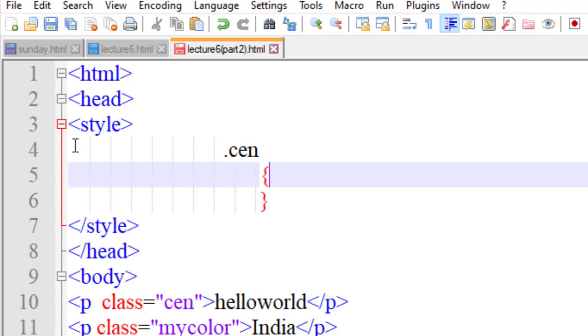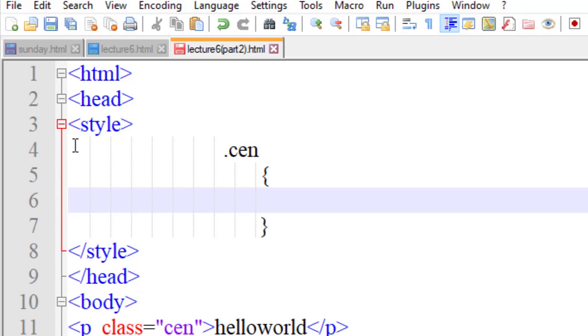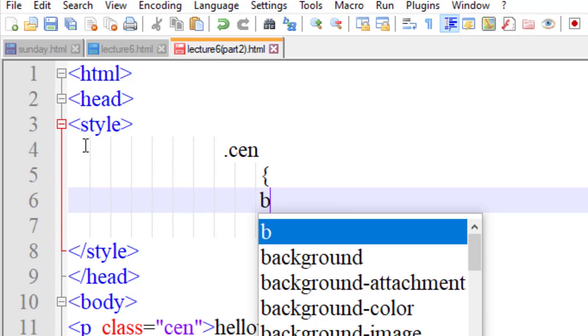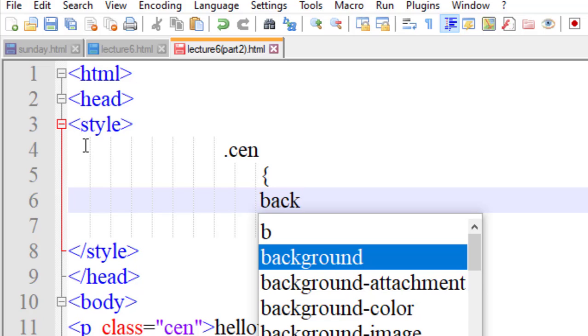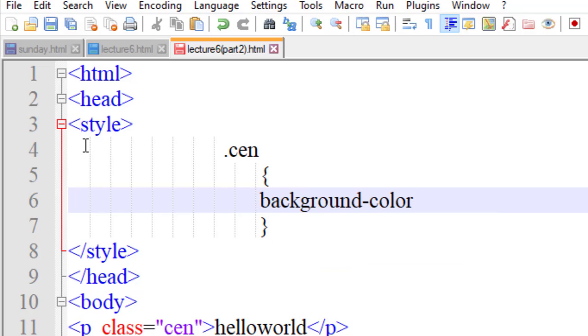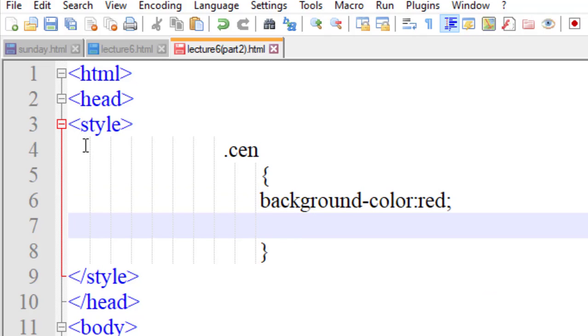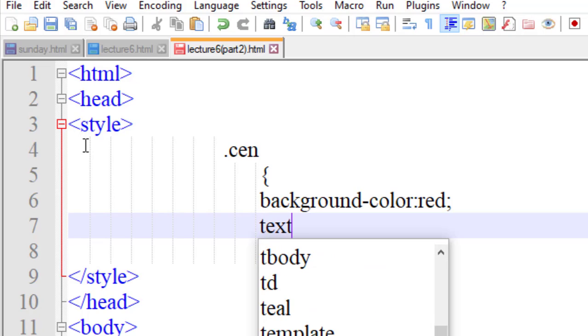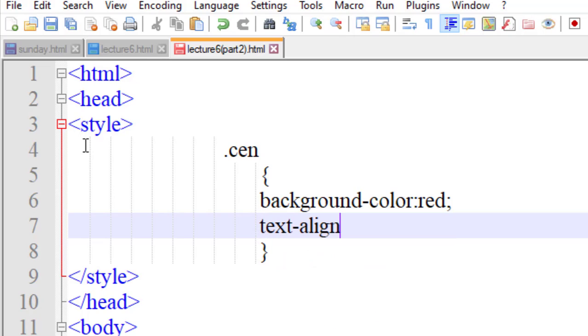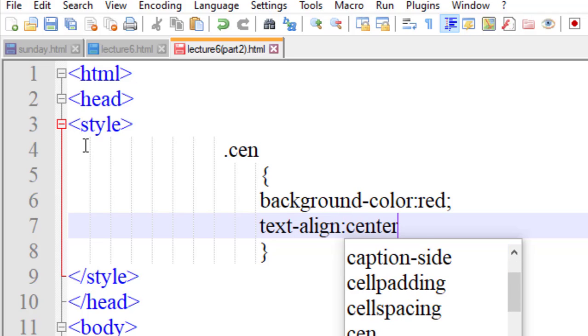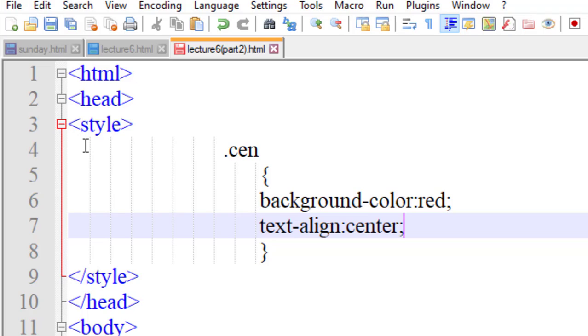I will write dot CEN with opening and closing curly braces. In the curly braces, I want the background color of the class CEN to be red, and the text align should be in the middle, so text-align: center. Just put a semicolon and save it. Now see what the output will be.